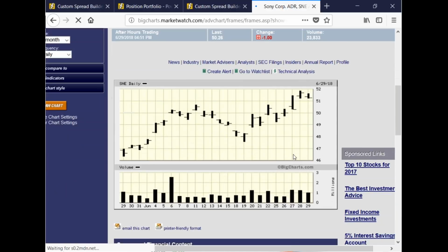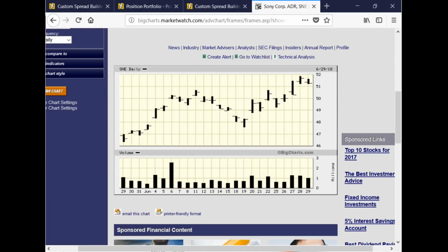Why? Because June 26, where were we trading? We were trading right at 50. We went above it on the 22nd, but right at 50. Look at that. Right at $50, we have the 50 put. And then yesterday, or even we'll use today, we'll use 626 and today, 629.